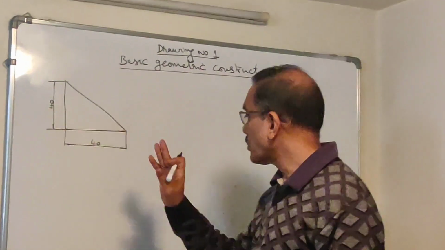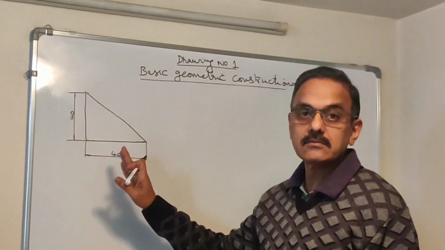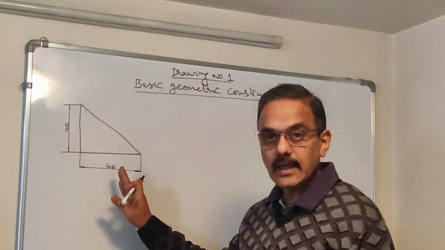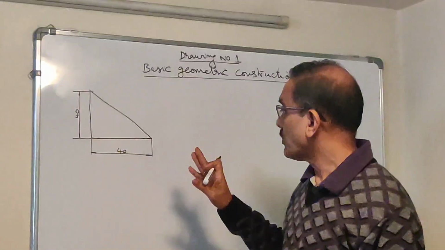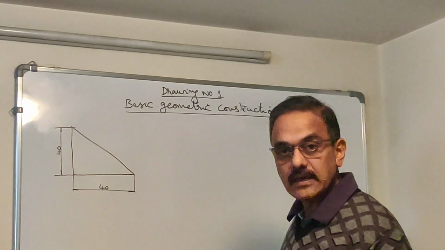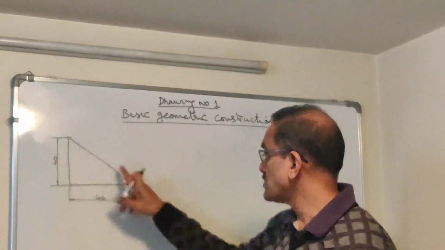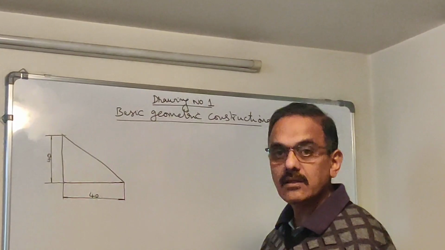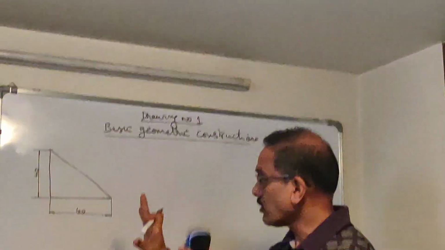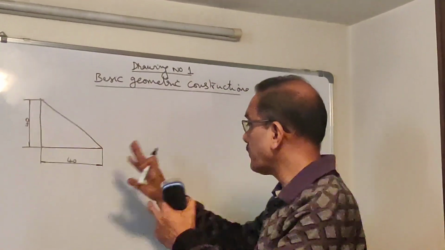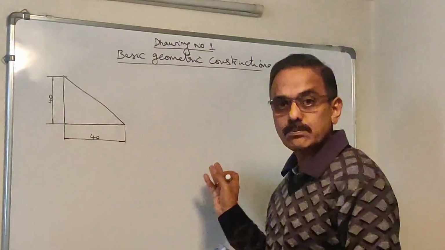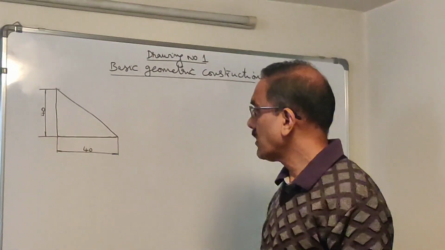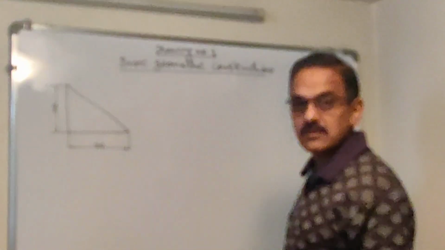Let us say I want to draw the same right angle triangle in a different position. The different position is this. I want to have the hypotenuse vertical this time. In this position, the hypotenuse is inclined to the horizontal. Okay. So when I draw the next sketch, I want to reproduce it as it is here, changing its position. What is the position? I want it with the hypotenuse vertical, perpendicular.